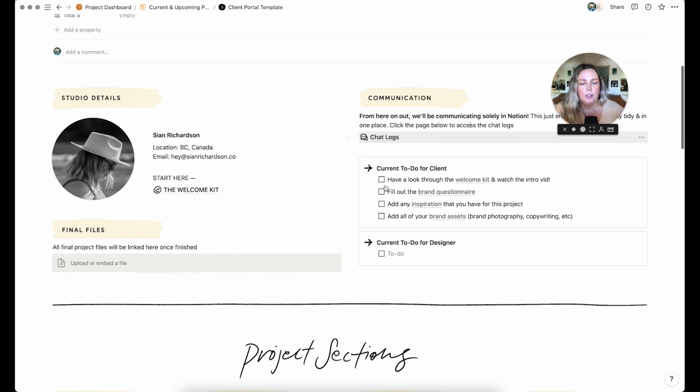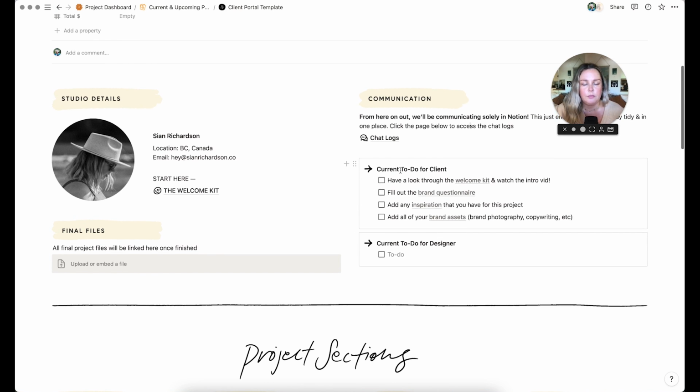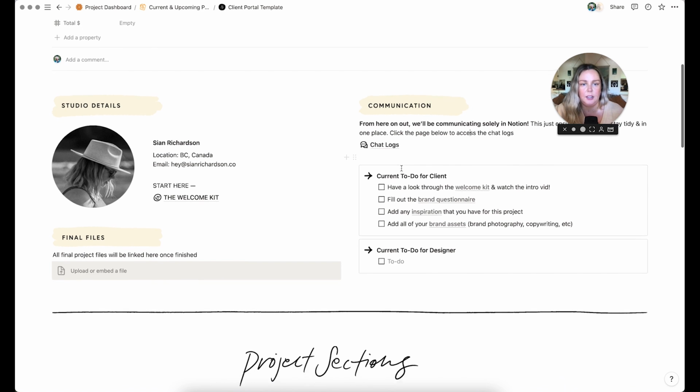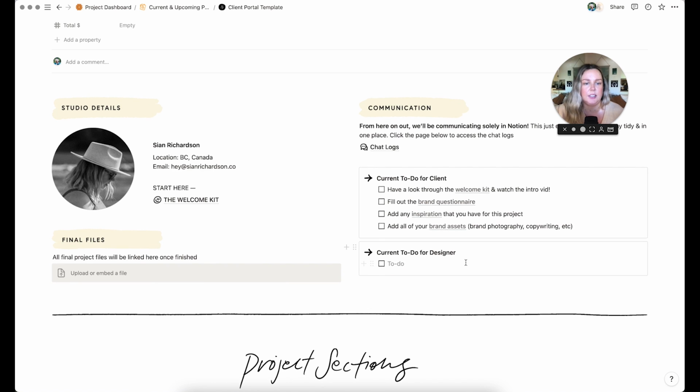So yeah, we have chat logs, and then we also added these little to-do lists, which are handy just to have a really quick look at what each person is supposed to be doing. And also so the client knows what's happening, so they can come in here and see, okay, right now the designer is working on my social media graphics or something. So this is designed to be updated and ticked off. And obviously when a project starts, these are the things that we would have on here for them to do. So we have a welcome kit page,